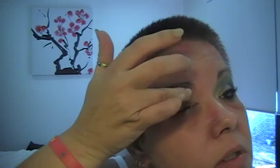I'm just going to prime my lid with Too Faced Shadow Insurance. This is one of my favourite eye-base primers, and I use it basically every day anyway. So I am just laying that down, and then